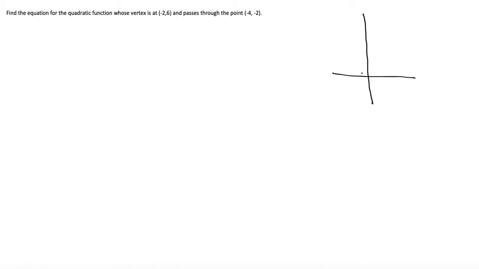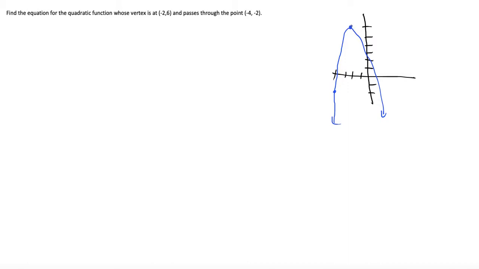So the vertex is going to be at -2, 6, which is going to be about over here, right? And we know that it passes through the point -4, -2. Okay, so -4, -2 is over here. So we know that our parabola should look a little something like this, right? Just a rough sketch. I don't really know what the y-intercept or the x-intercepts are, but we know that